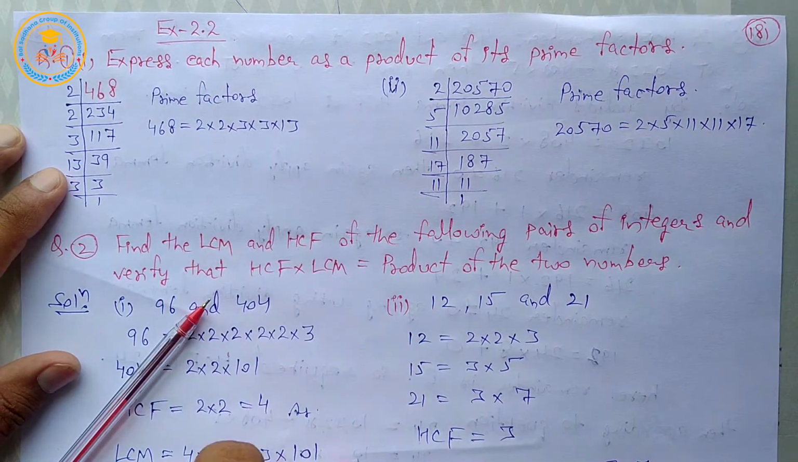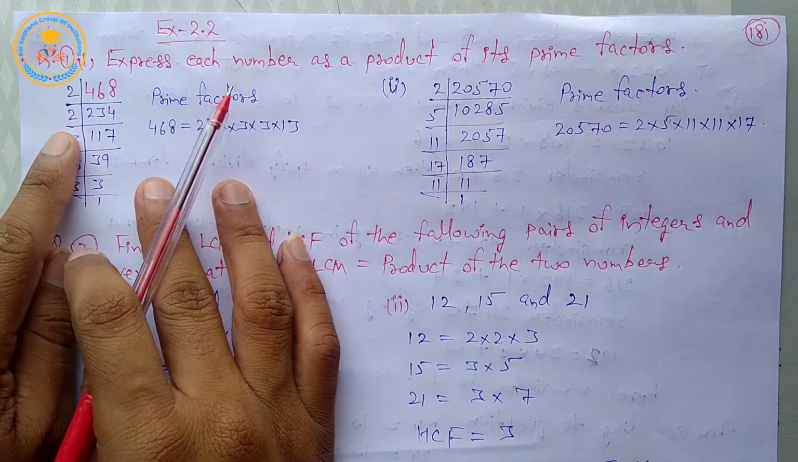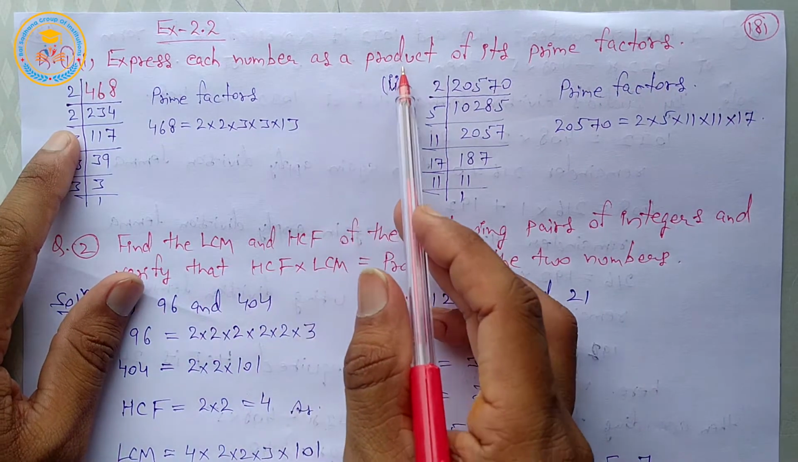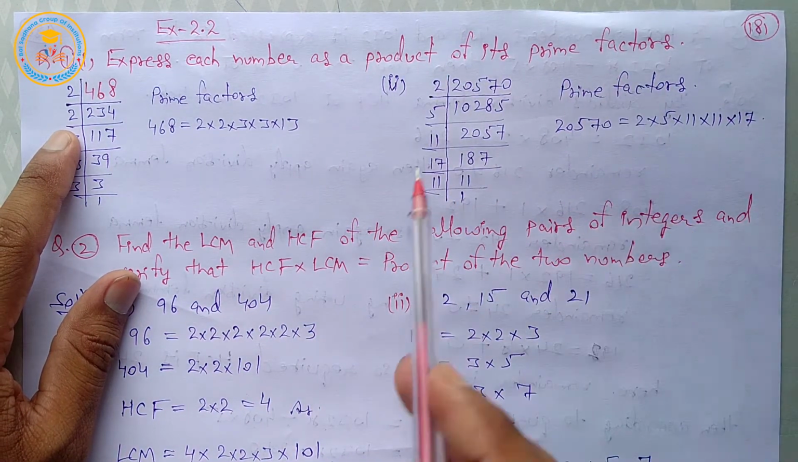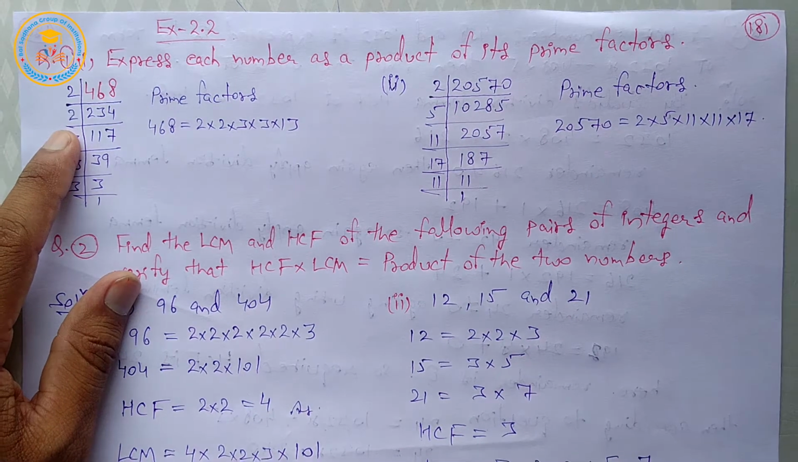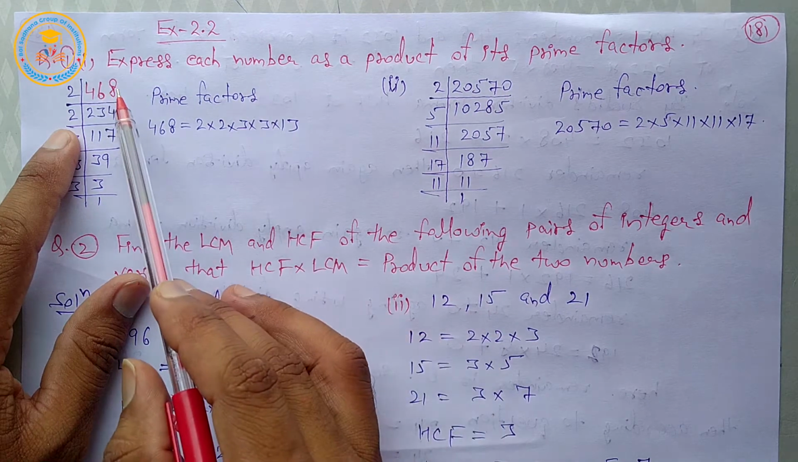Exercise 2.2. Question first. Express each number as a product of its prime factors. Means calculate by the prime factorization method. Okay, first,